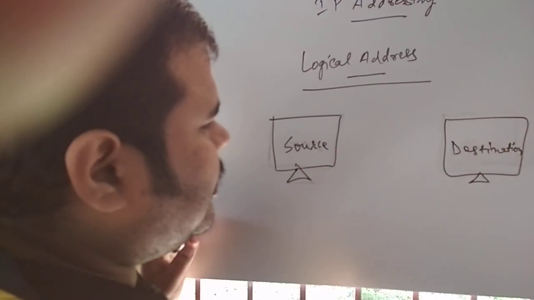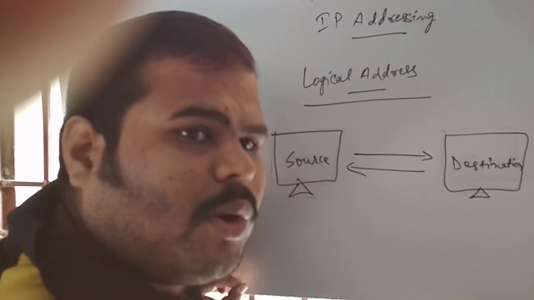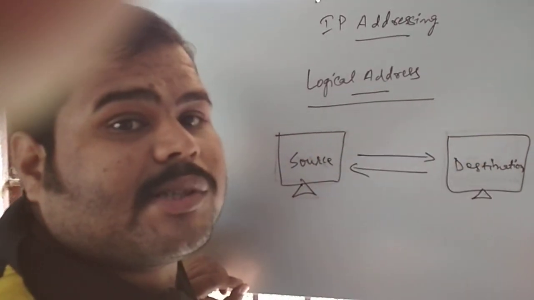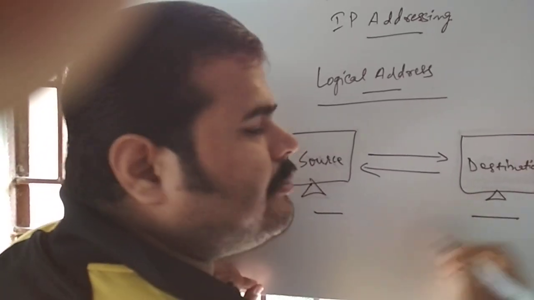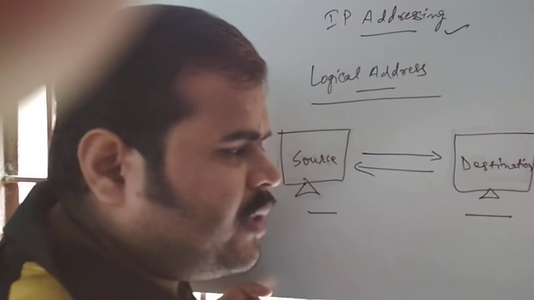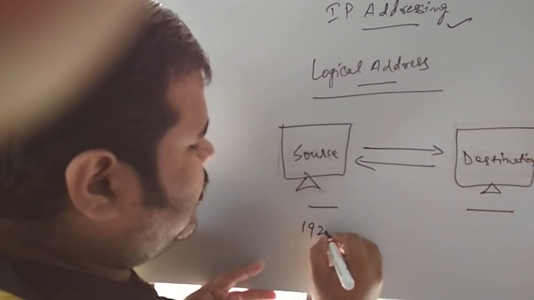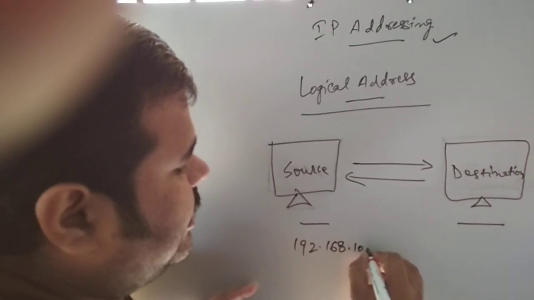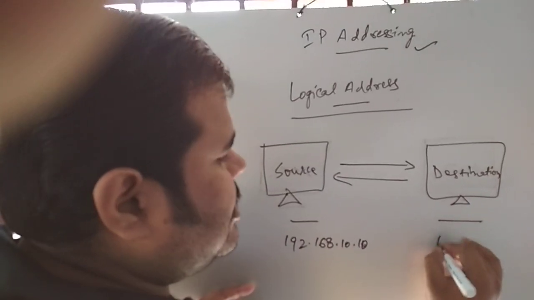Now, the particular source wants to communicate with the destination. So how is the destination going to communicate with the source, and the source with the destination? The communication taking place between these two systems is taken care of by the IP address. An IP address is nothing but a numerical format. Suppose, for example, there is an IP called 192.168.10.1